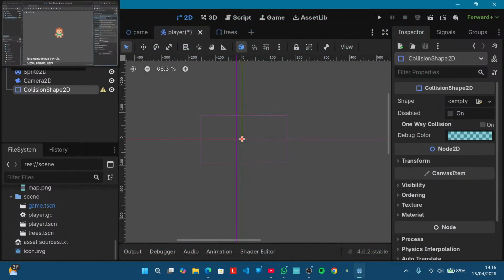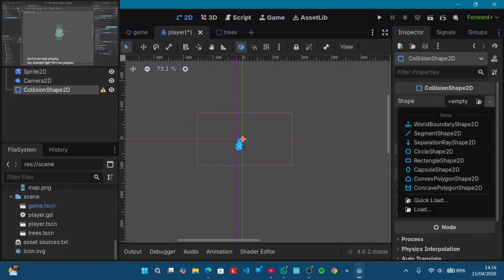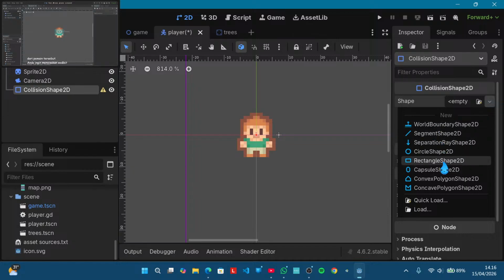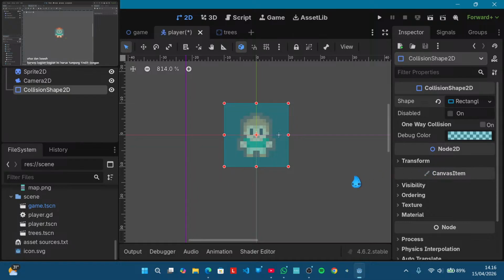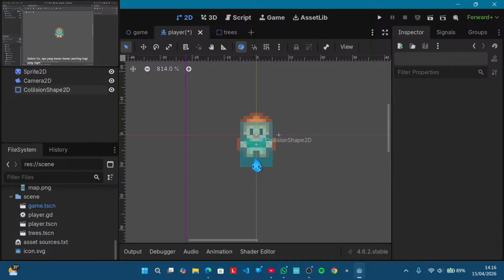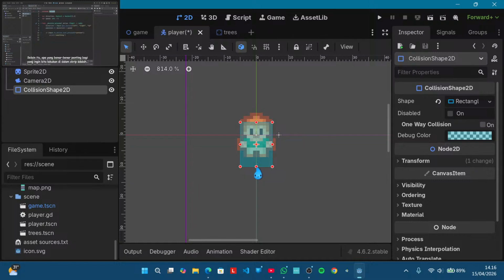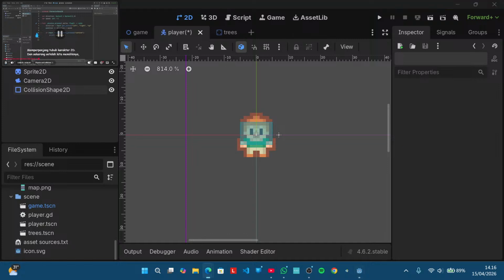For the player, I want to go with a rectangular shape and then scale it so we are hitting most of the player. You want to leave a bit of space at the top and at the bottom because these parts should overlap with other objects. That way you get a fake kind of 3D effect. Looks really nice. You see later what I mean. Besides that, what's really important to do inside of the script, we want to extend a character body 2D. And now that we have that,